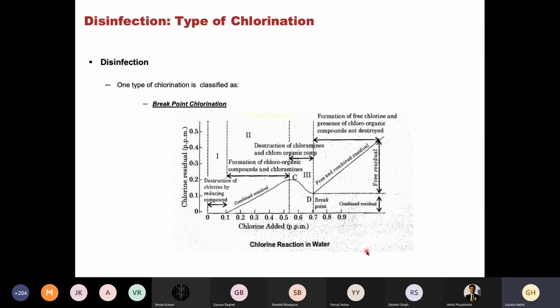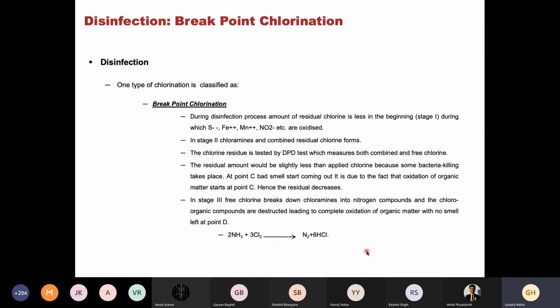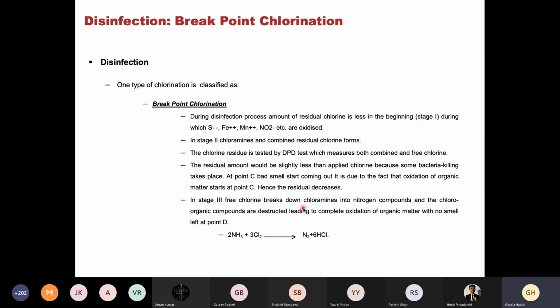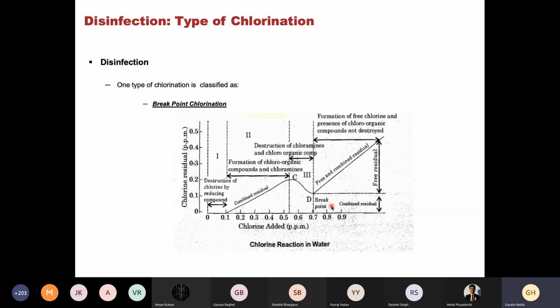This curve is explained here, which I have already explained to you. In stage 3, the free chlorine breaks down chloramines into nitrogen compounds and chloro-organic compounds, and destroys them. So this is where the oxidation of organic compounds happens, in stage 3, the third stage, and the chlorine is consumed in a large amount for the